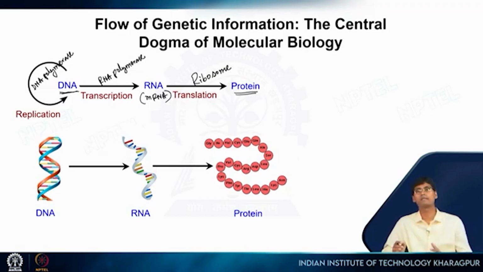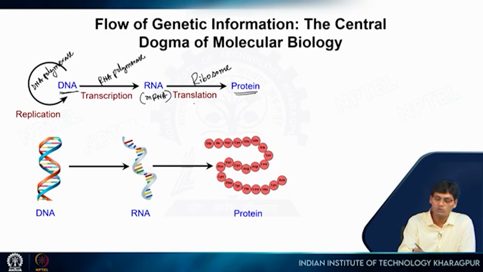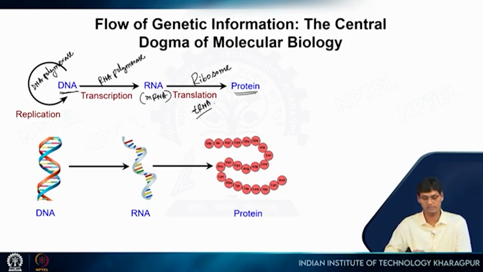So ribosome is made up of many different types of proteins as well as nucleic acid, particularly rRNA, ribosomal RNA. And also another important nucleic acid, that is tRNA or transfer RNA, that also plays an important role in this process. So now if we see here in ribosome, we have